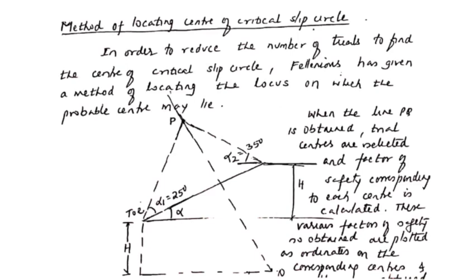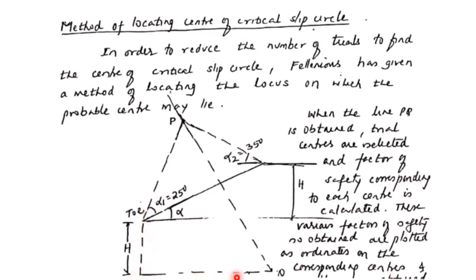There is a method to locate the center O, which will be along this line. So how to locate this point O? For any given angle alpha, we have alpha 1 and alpha 2, which are given in the form of a table in different textbooks. For different values of alpha, we get alpha 1 and alpha 2. Then with alpha 1 and alpha 2, we get a point P where they intersect. Now, if h is the height of the embankment, we draw h below the toe,